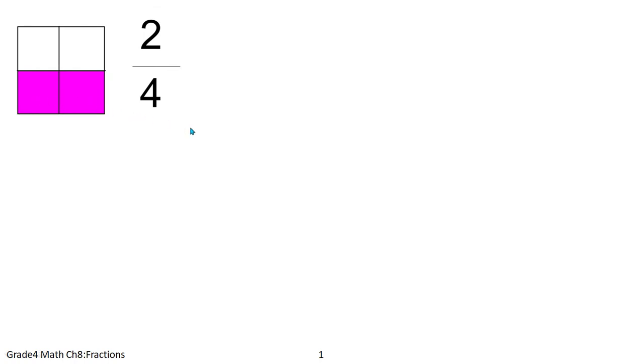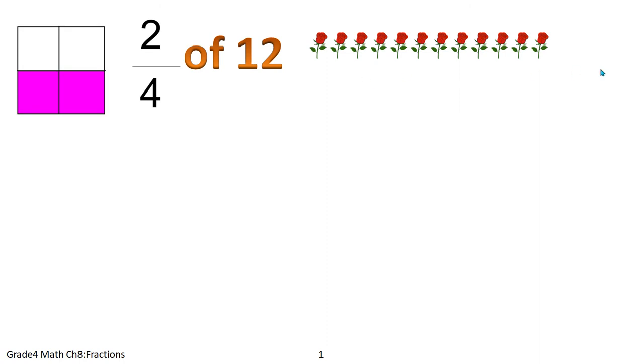But if I ask you to find 2/4 of a number, that is what we are going to see. That is finding a fraction of a number. Now the number is the whole. Meaning 12 is the whole. It's not one part. It's 1, 2, 3, 4, 5, 6 till 12. Now the whole number is to be dealt with as a fraction. So 2/4 of 12 you have to find. That is 12. We will take some object. Okay, let's take some roses. 12 roses I have here.